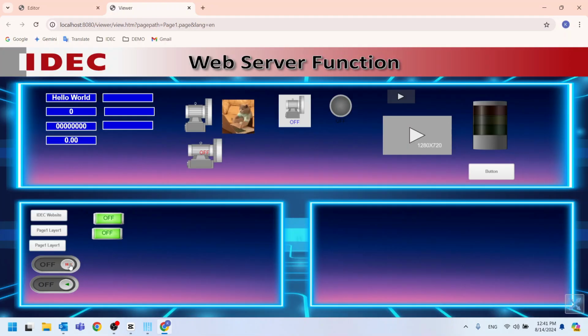For the first switch, you'll need to press and hold for 3 seconds to turn it on, and another 3 seconds to turn it off. The second switch works similarly, but you don't need to hold it down. Just a single click will start a countdown based on your set time and turn it on. To turn it off, click once and it will wait for 3 seconds.